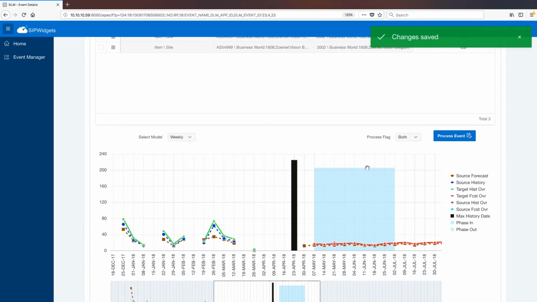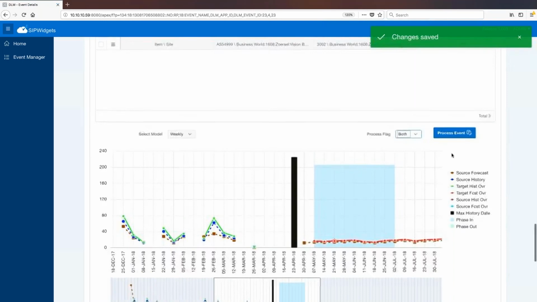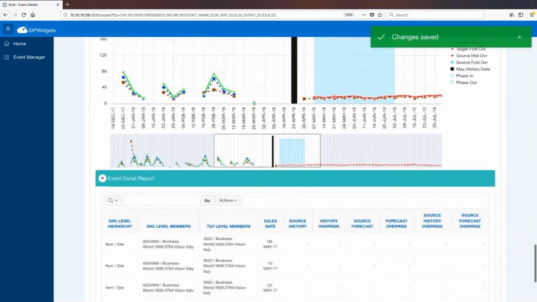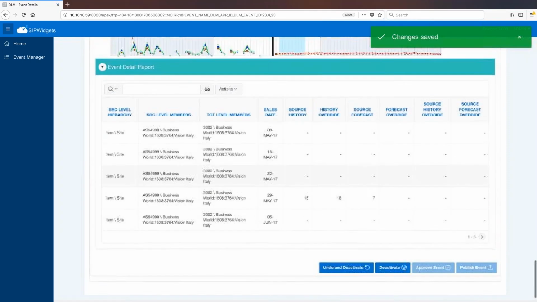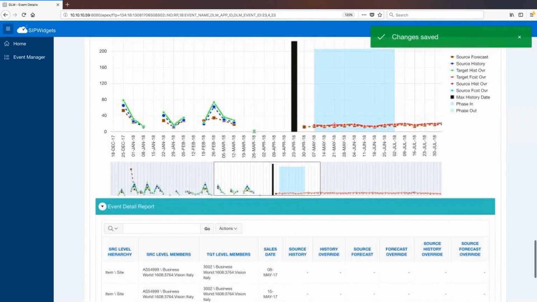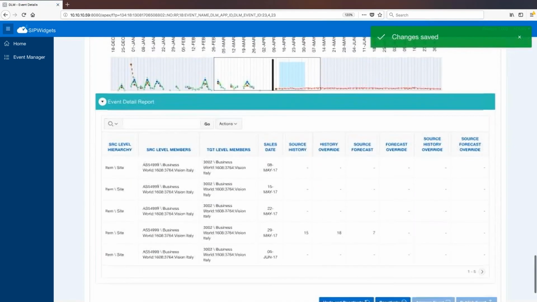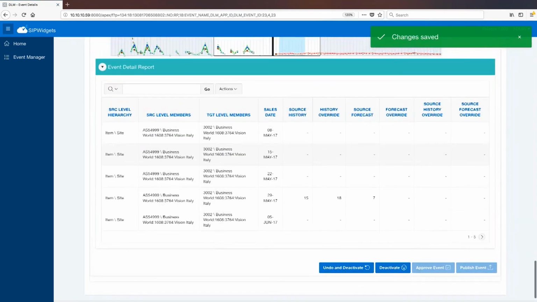They can also choose whether they want to chain just the source history, the forecast, or both, and send to the Demantra system by choosing the process flag. Once all of the events are approved, they can go in and publish that to Demantra.